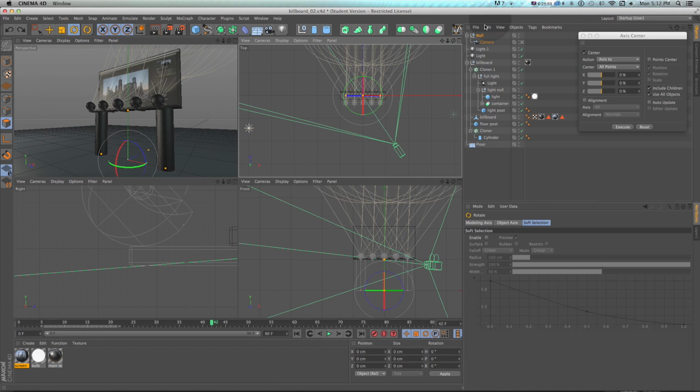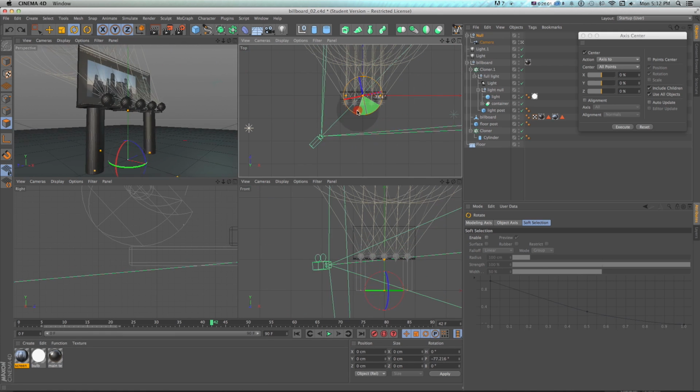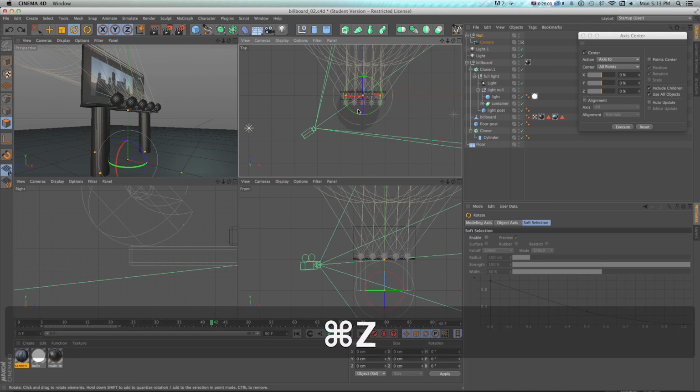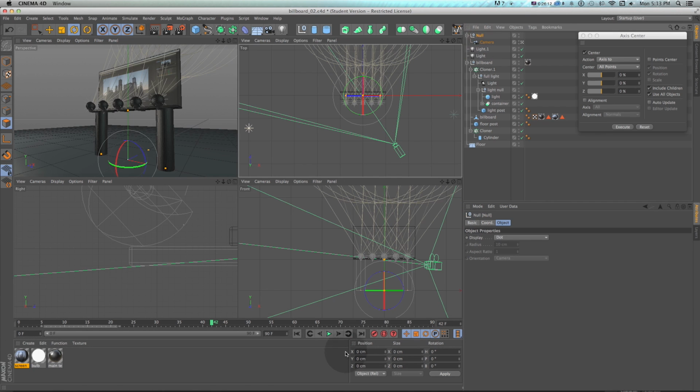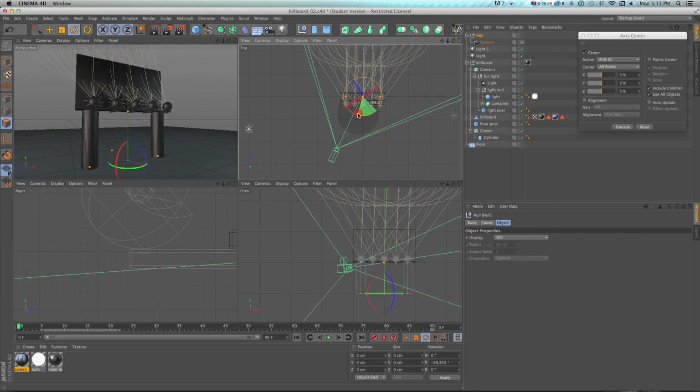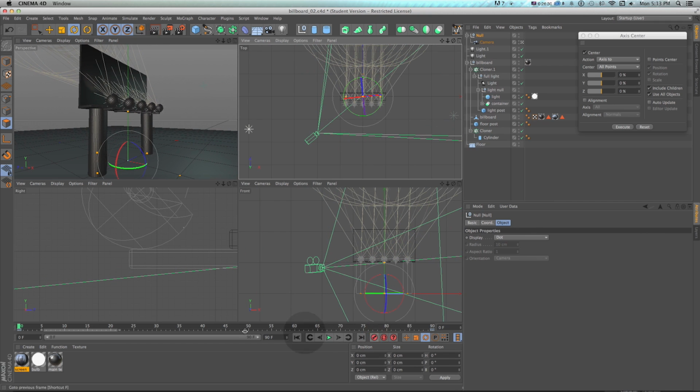So now if I wanted to animate this camera in kind of a nice way, it's going to come out really smooth and really accurate. So what I could do is on this null, I'll put a keyframe at the end here, so this will be our end position, and I'll turn on just rotation, make a keyframe, and then go to the beginning of our shot. And then I can just swing this camera around, make a keyframe,